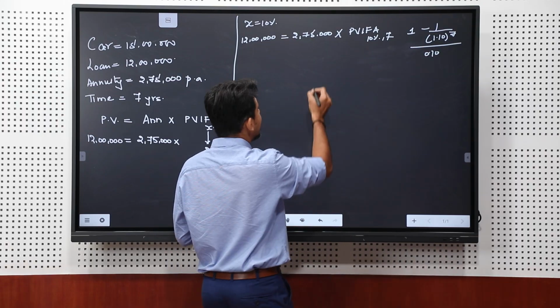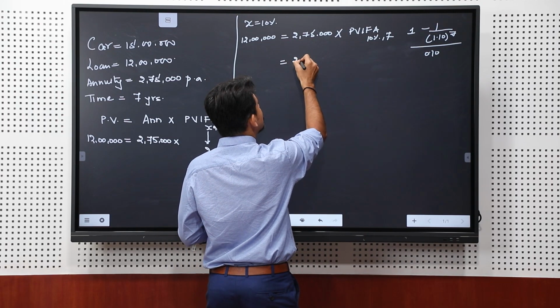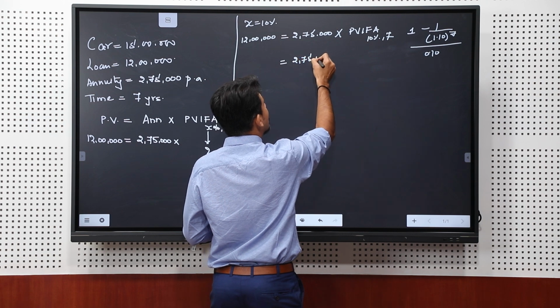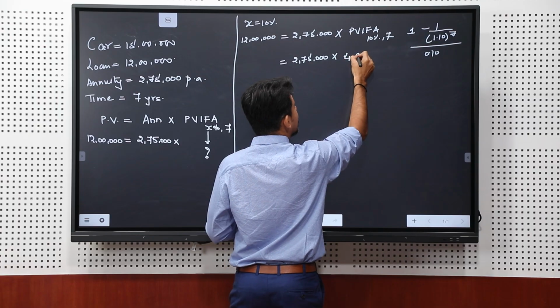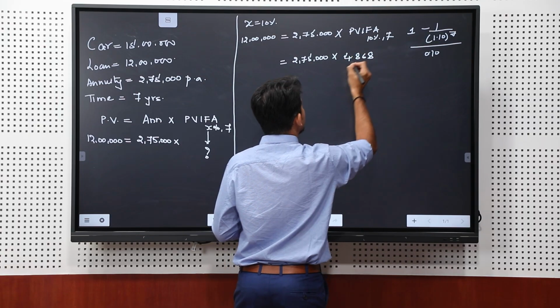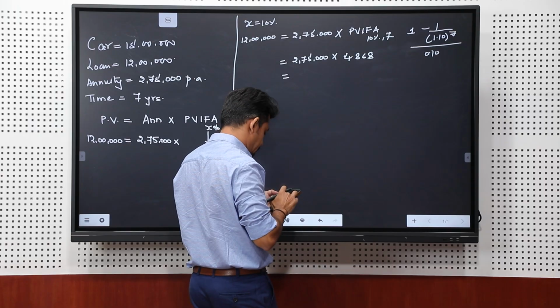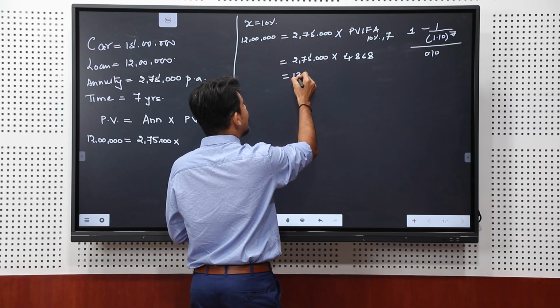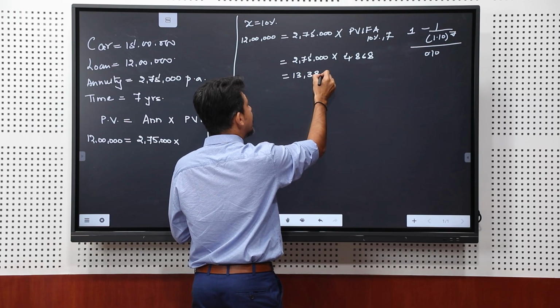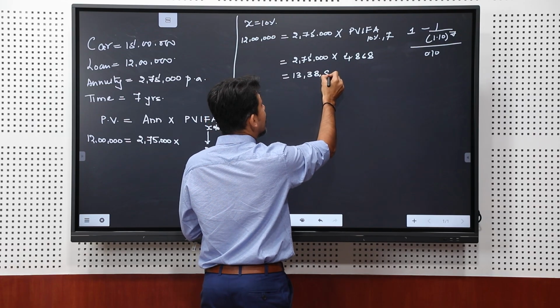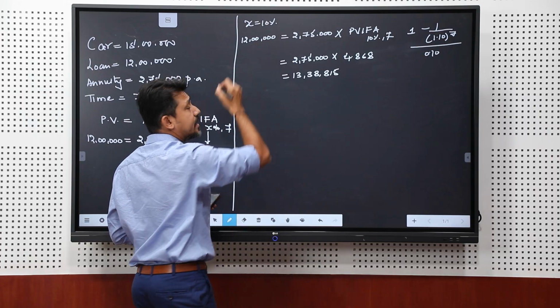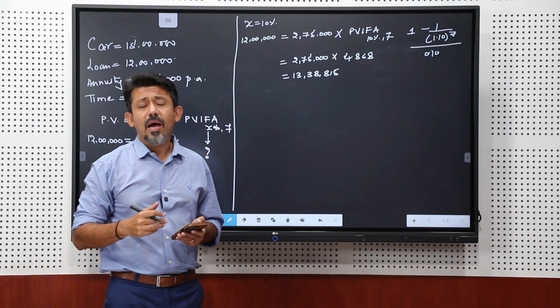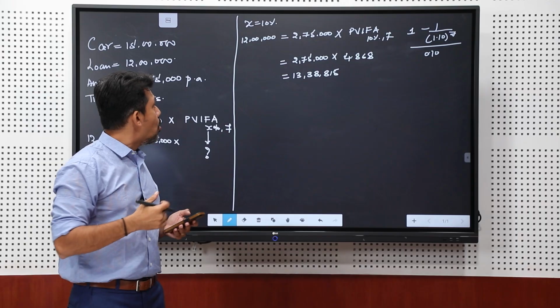So I get 4.868. So 2,75,000 into 4.868 gives me a value of 13,38,815. And if you observe and compare this 13 lakhs with 12 lakhs, the answer is way more than 12